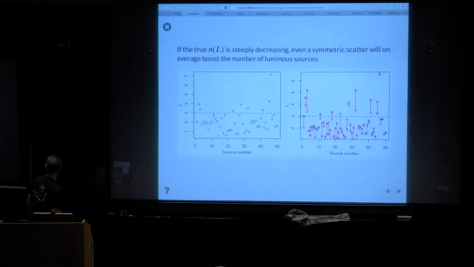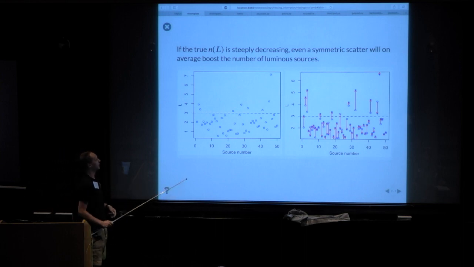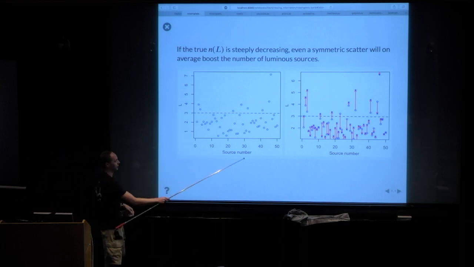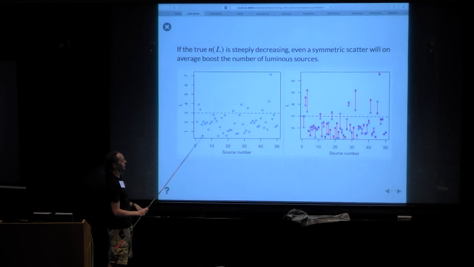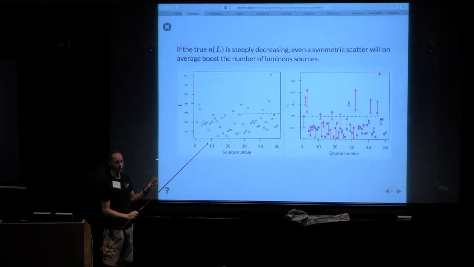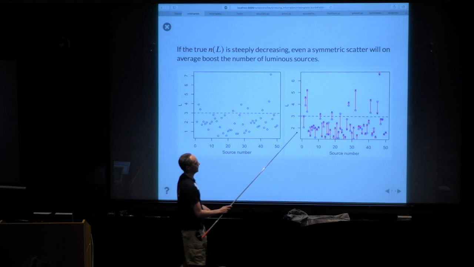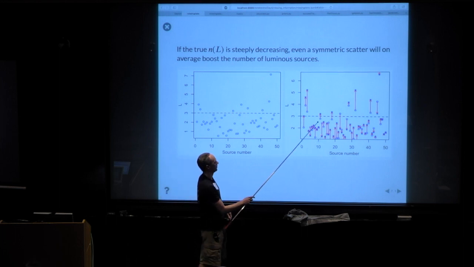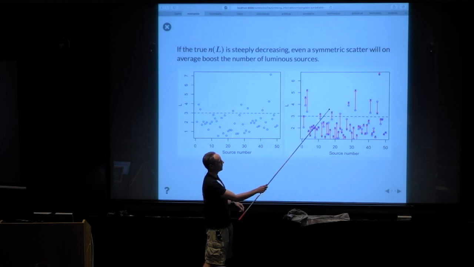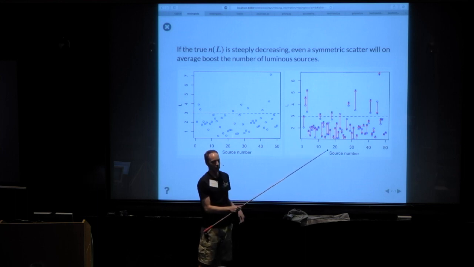Here's a cartoon. Okay, cartoons are nice, right? So I made up a bunch of data, luminosity on the y-axis and nothing important on the x-axis. There's a lot more of them that are faint than are bright. And if I just put a symmetric error bar onto these things, something which is sort of like square root of L, so it's Poisson-like, then if you do some counting, you will see that more things scatter from below the line to above than from above the line to below, simply because there's a lot more things down here for that to happen to.